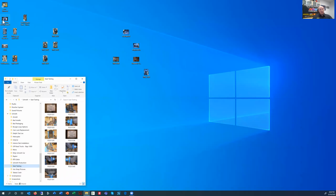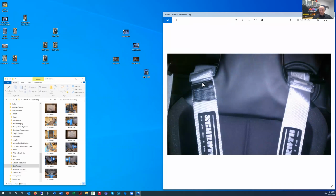Now, one problem I see with stock seats, and here is a picture of a Lotus Elise with the shoulder straps around it. So if you have an M3 or a current model M4, and you're saying, well, I want to put belts around the side of the seat. Okay, now this exact configuration, in a Lotus, you're only looking at about 6 inches there, maybe 7 inches at most between these 2 points. In an M3 or M4, you're looking at more like 8 or 9 inches between where the belts would come around the side of the seat. This exact configuration,